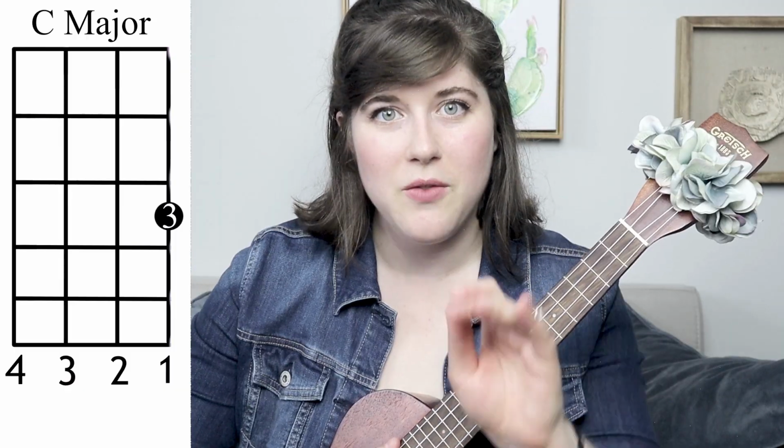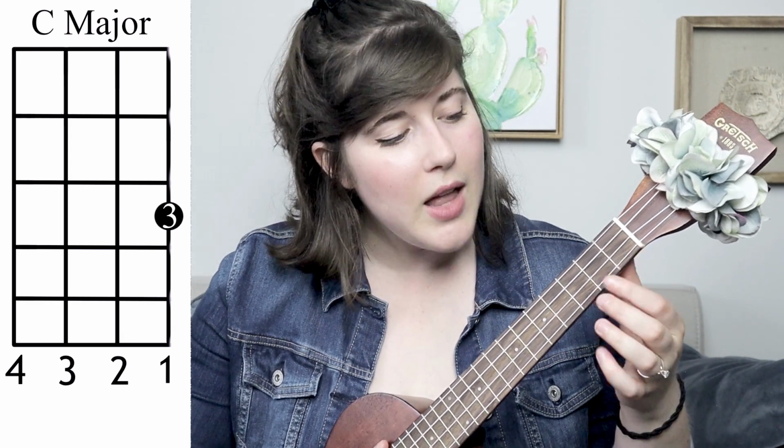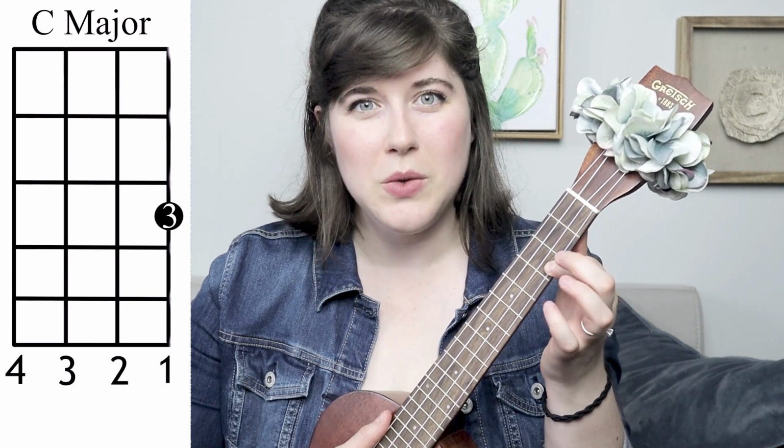And those recommendations are meant to make changing chords really easily, but also to make it so your hand's not cramping up. So I'm gonna go over a couple of the really common chords and talk about their positioning and some of the mistakes I see. The number 1 chord that I see people making the wrong fingering for is the C major chord. For that, you use your 3rd finger and you place it on the 1st string, 3rd fret. A lot of times people will use their 1st finger for that chord,